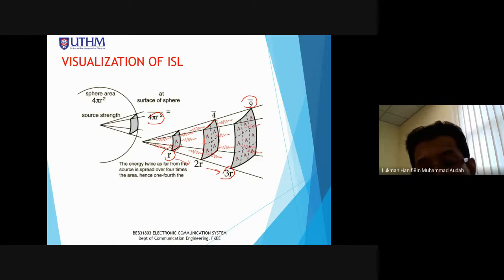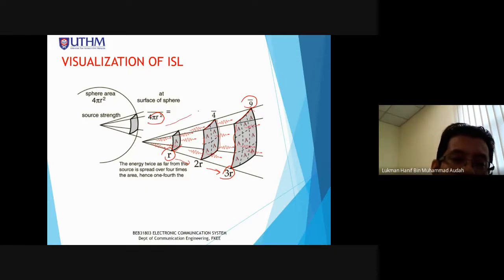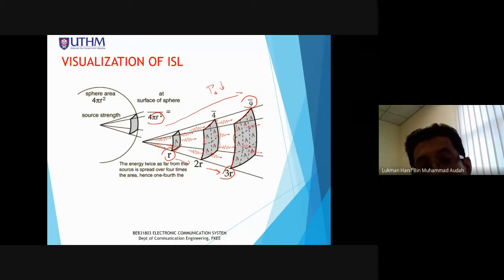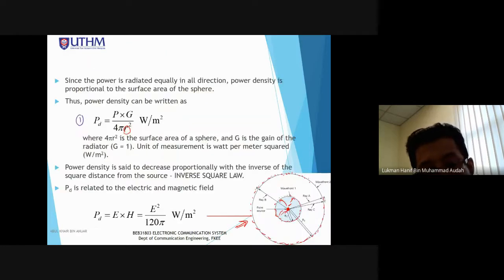And what happens is actually the power needs to be distributed over a larger surface area. So that's why the farther the distance that we go, the power density will become smaller. This is the theoretical concept. Okay, so back to this slide. So it means the power density